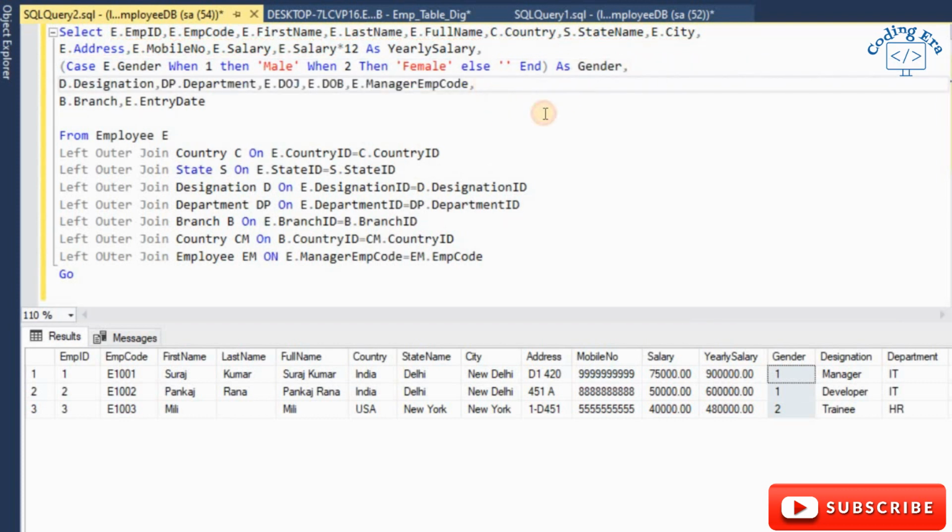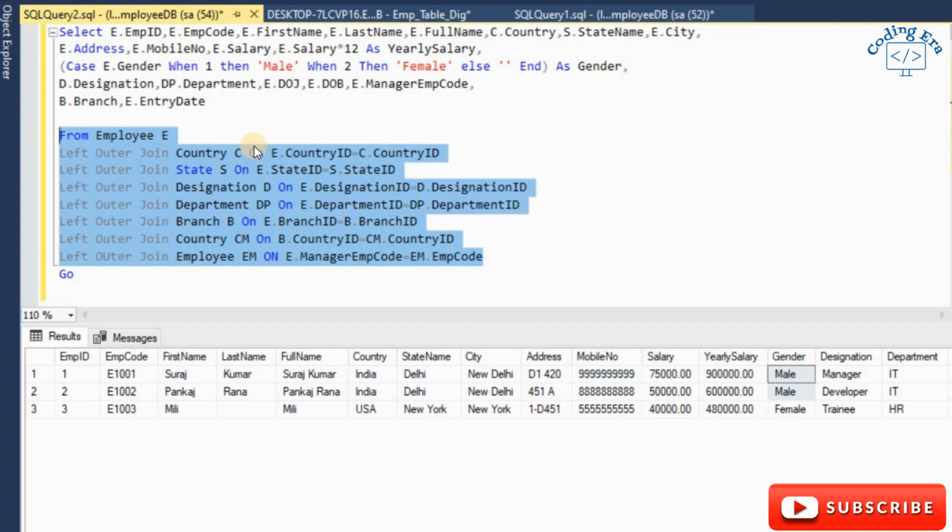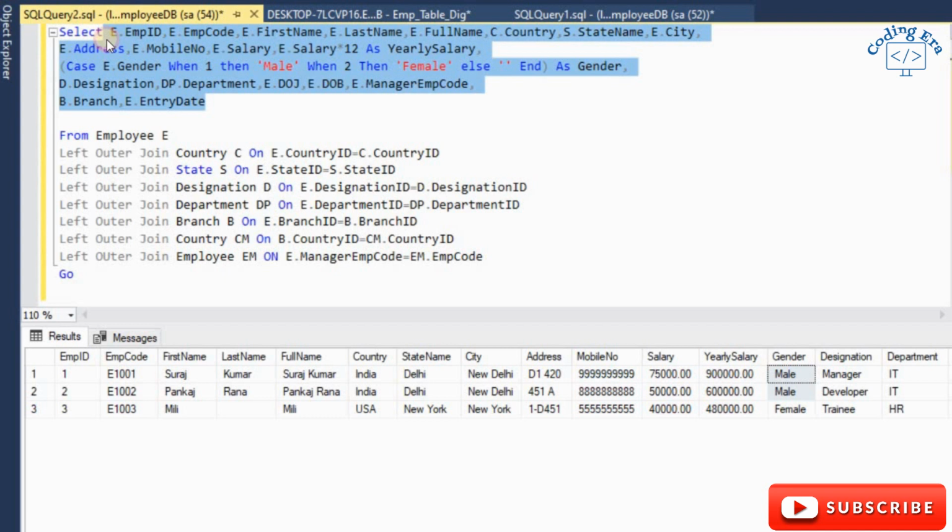Okay, so here is the output. Now you can see here. So basically I want to show you, first list out table names, then start putting columns one by one.